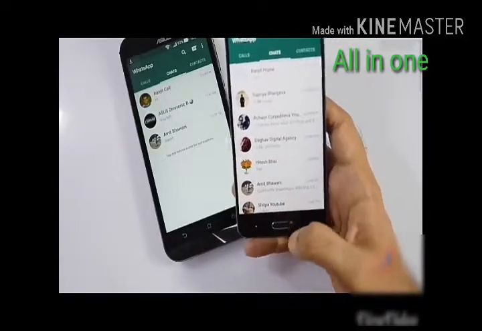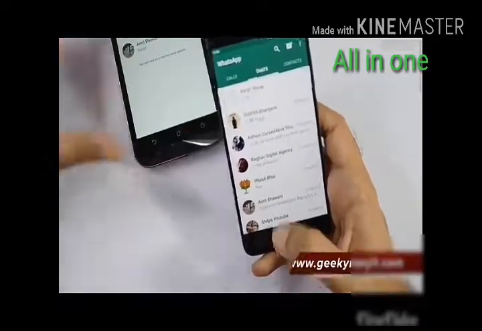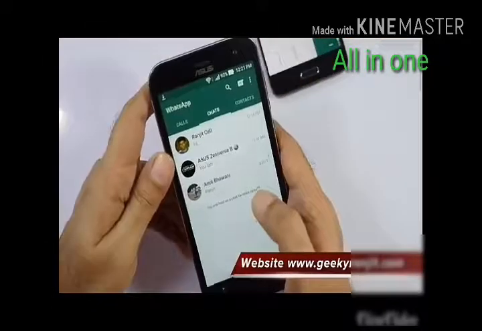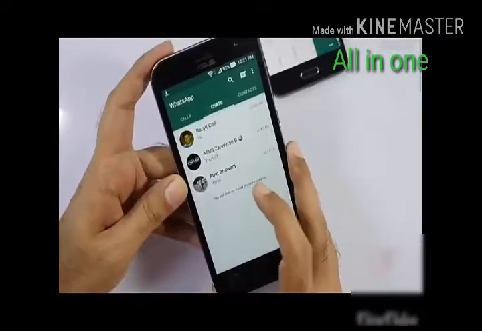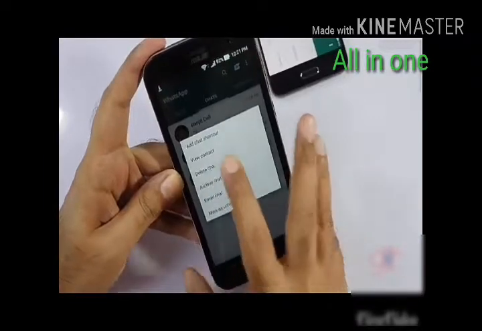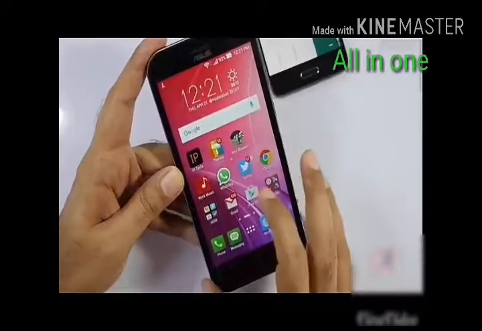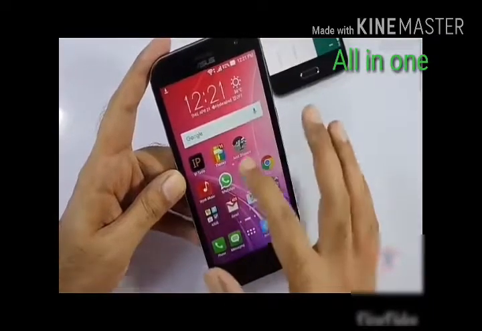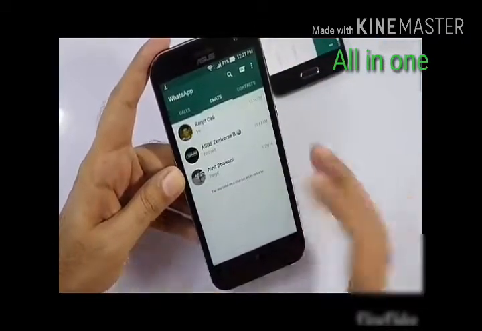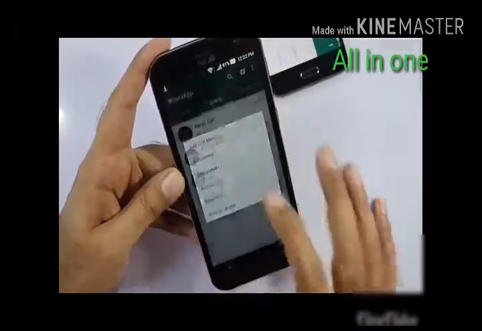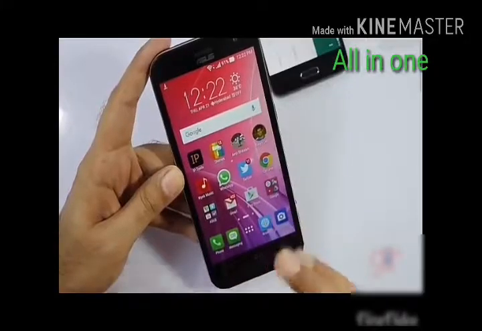Another thing that I really like, and again I've noticed that not many people use this, is regarding quick contacts. For example, these are the 3 contacts that we have. Let's say you chat a lot with this contact, that is Amit Bhavani. You can just hold this contact like this and use this option, add chat shortcut. Now what it has done is it will create an app shortcut over here, and whenever you click this, it will directly open the conversation for that contact. So you can do it for multiple accounts. For example, let's do it for this also. So this is a very good way if you frequently chat with a particular person. You can just create